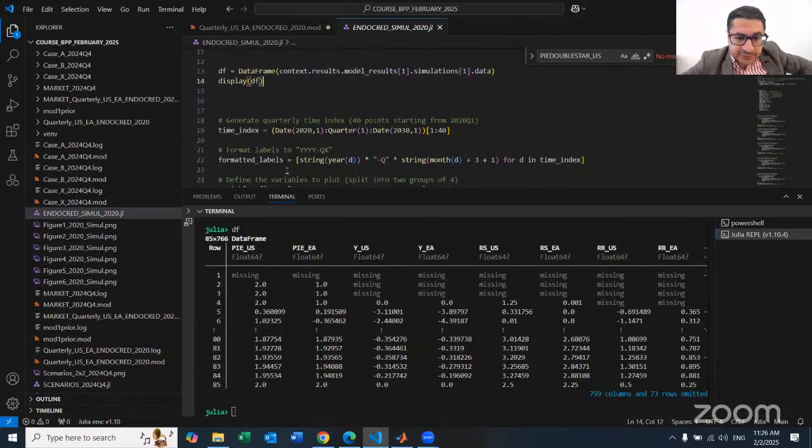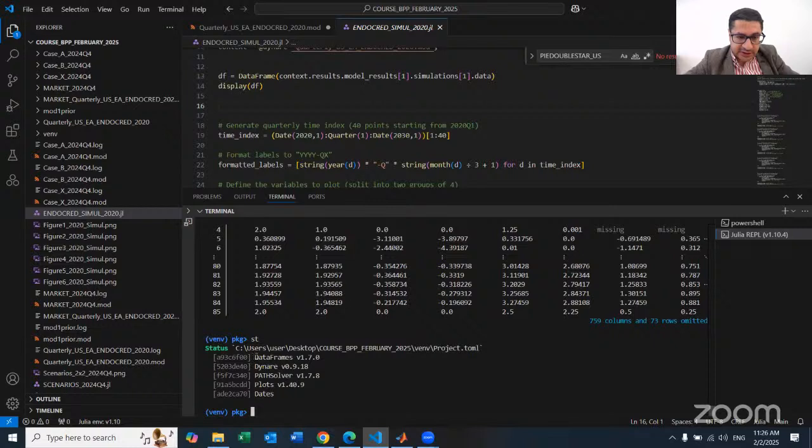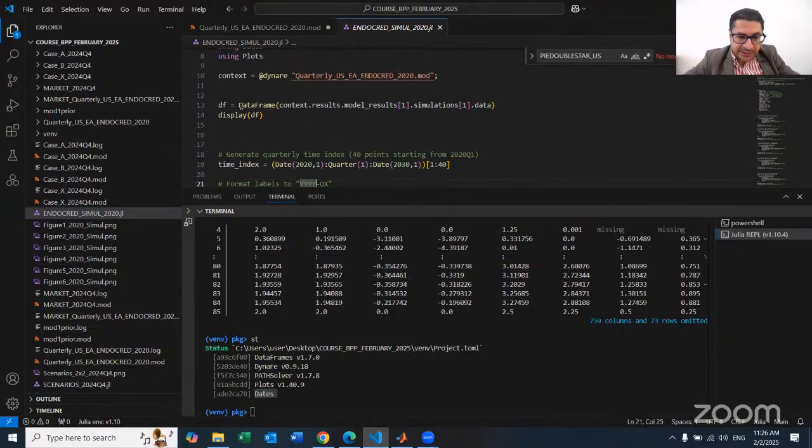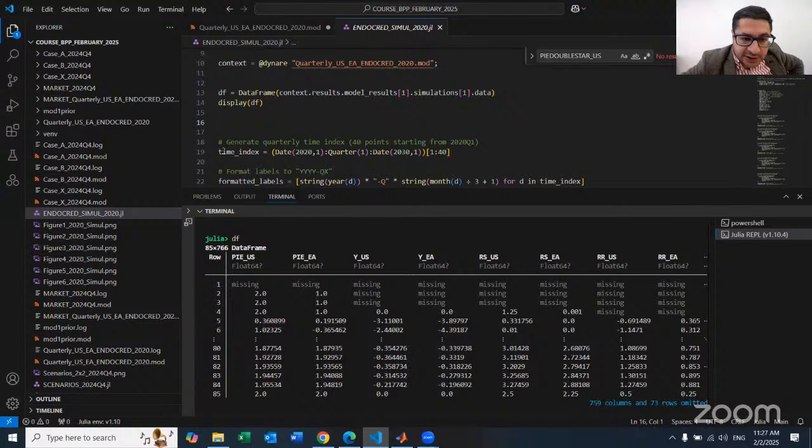Then what we are doing here, why we need this date, all these packages you install, data frames, dates. We use this data frame package to bring or to enumerate the output of the Dynare Julia into some structured form, starting from one and going to the end of the simulation. Then we are creating some